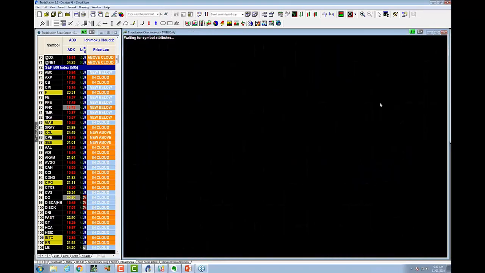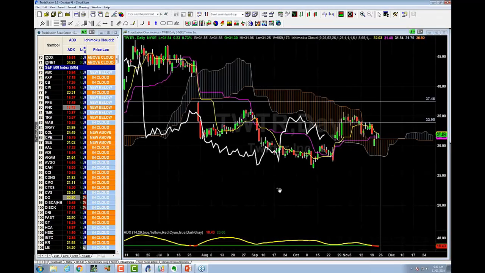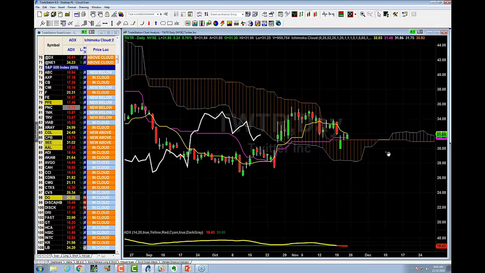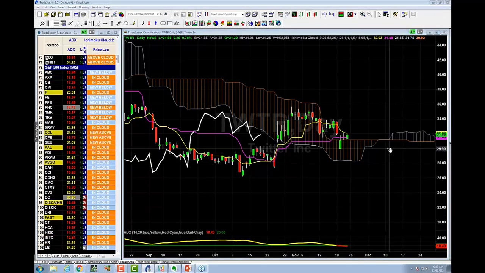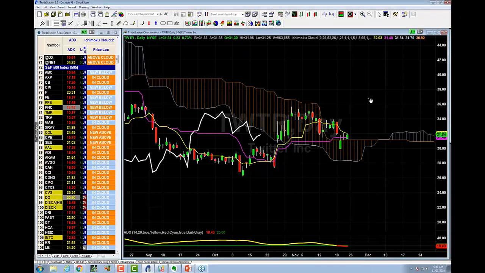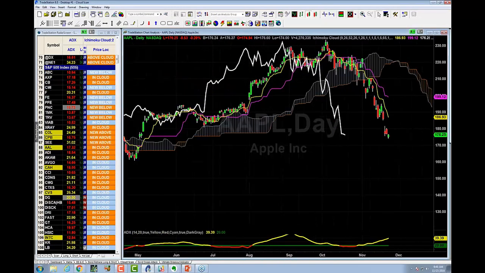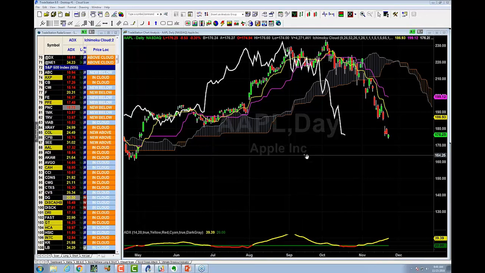TWTR. Twitter is a long, okay, with a tight stop loss of, let me grab this real quick. Tight stop loss of, well, let's call it $30. And your next target would be this most recent high, at 35.58. Apple, AAPL. Apple is a short with a stop of 186 and a potential target of 160-ish.